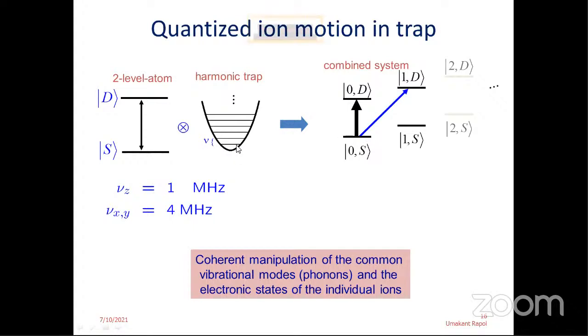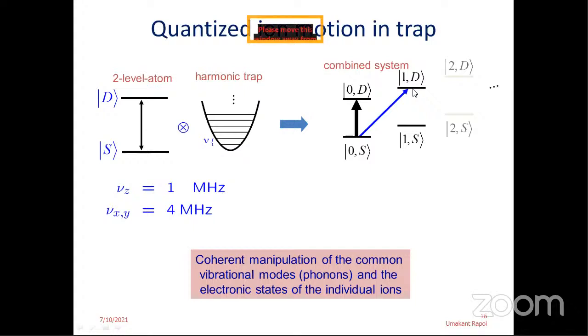Now, if you excite a blue sideband, which you can imagine as amplitude modulation of the light emitted from this atom, it will get blue and red sidebands depending upon where it is. If it's in the ground state, it has only the blue sideband. If you excite a blue sideband, you will excite one motional mode and the internal state goes to the excited state, and so on. So you get a ladder of these energy levels. The coherent manipulation of this state is done by either exciting directly, which is the carrier, or the blue sideband, or the red sideband.